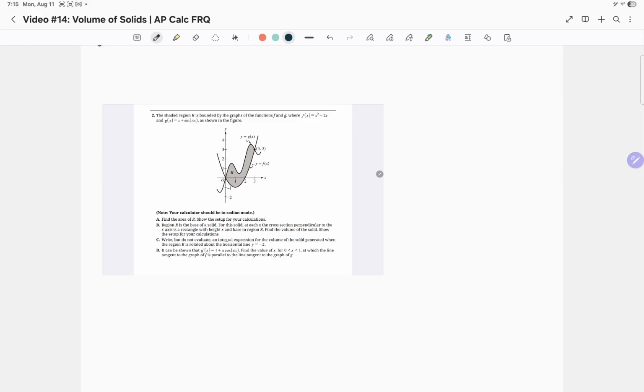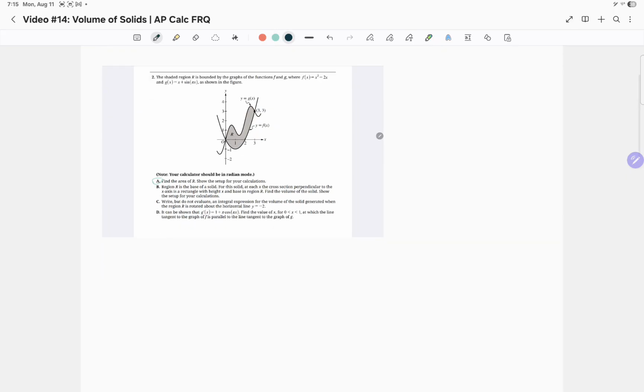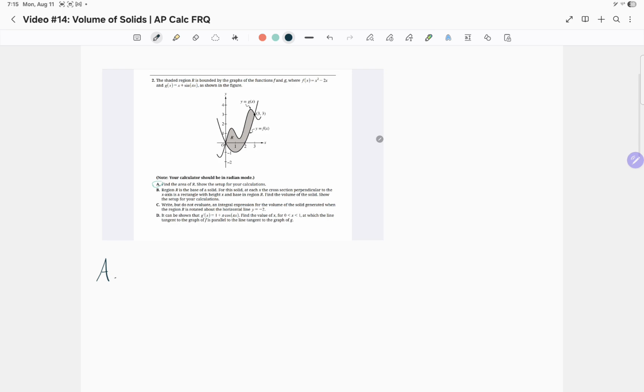All right, so they ask: find the area of R. That's part A, so we're doing part A now. Okay, so the area of R, when we're looking at our graph here, it roughly looks like this, right? I'm going to do a very crude drawing of it. Something like that, right? The region R is represented by